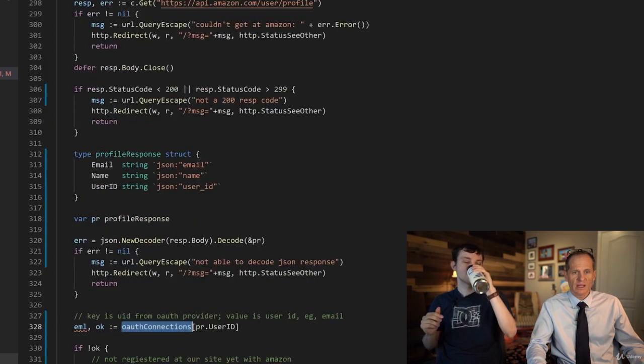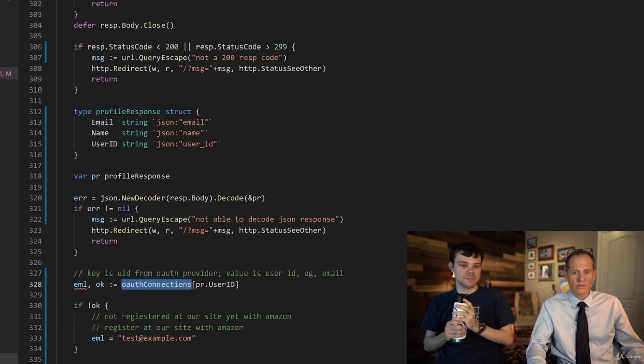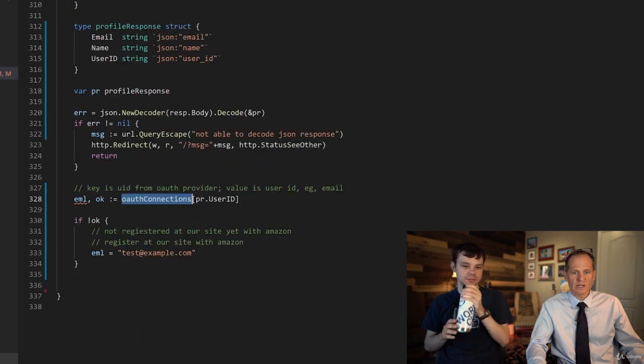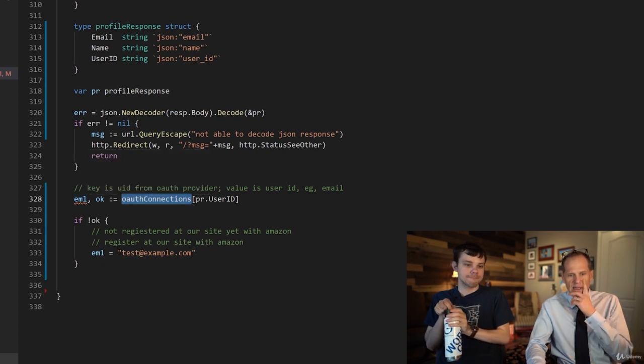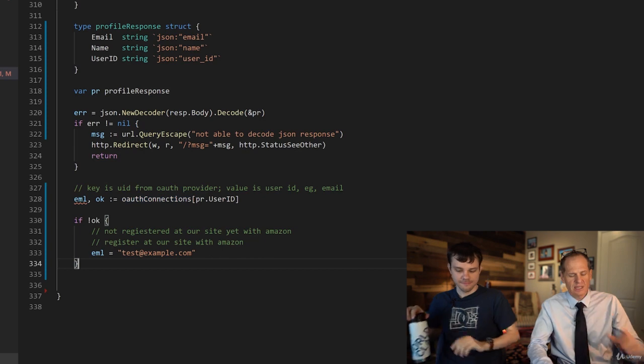And when we decode, we're decoding into PR, which is the profile response, and then the OAuth connections, UID from OAuth provider, and value PR user ID. Then we're going to see if there's an email associated with that user ID, and if there is no email, then we do this, and if there is an email,